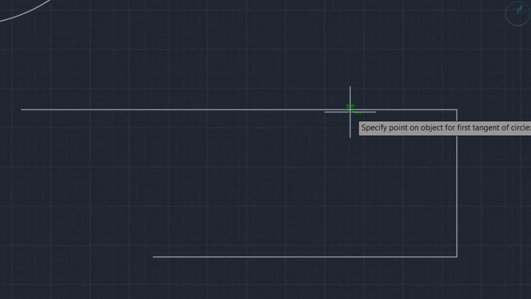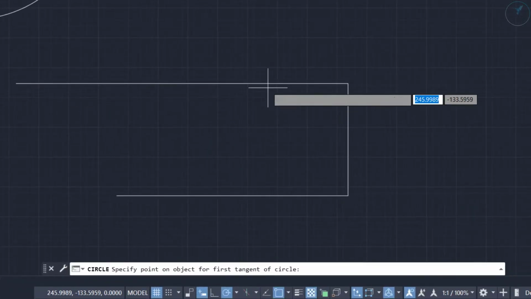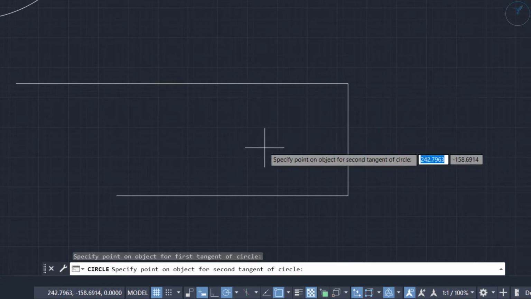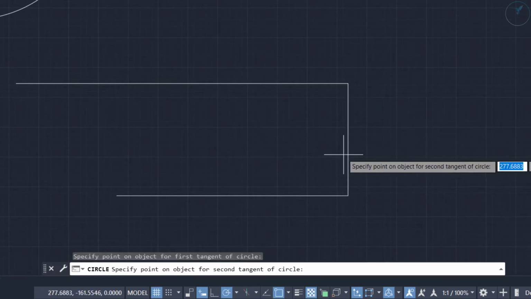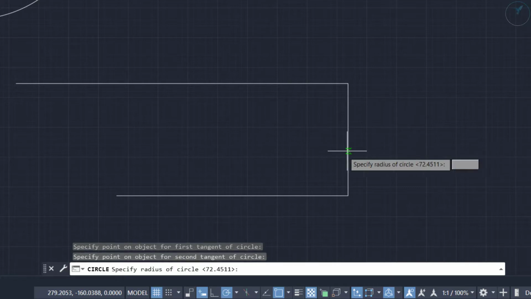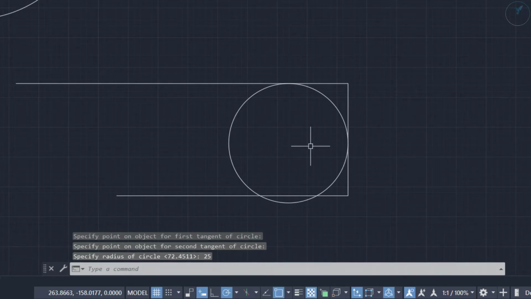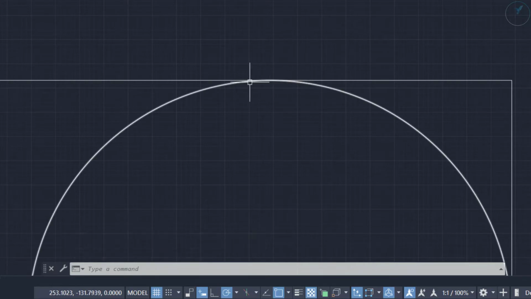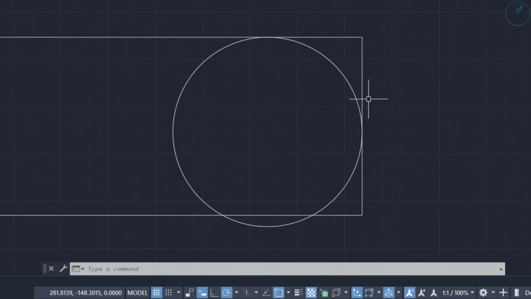You can touch anywhere on the line, so I'm touching over here. Next it is asking for the second tangent. Click over here, then the radius. Consider I'm giving 25. Now a circle has been formed with radius 25, and you can see it is tangentially touching here as well as tangentially touching over here.